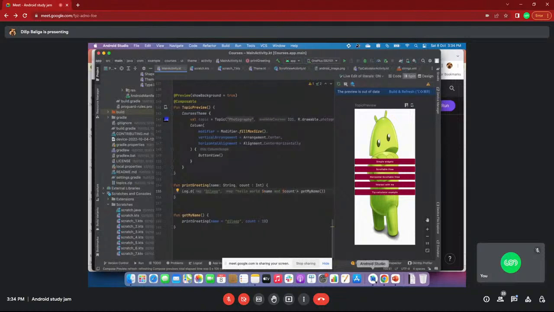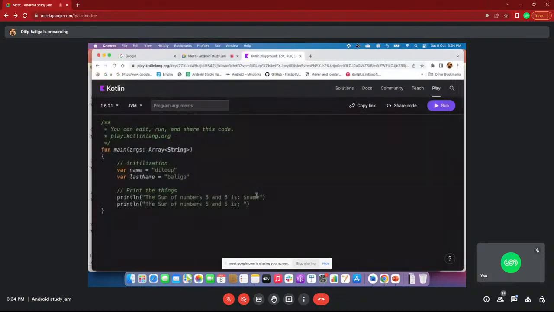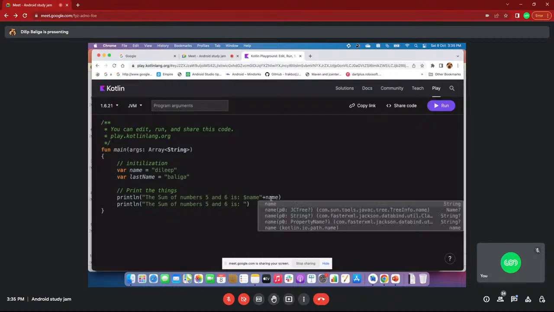Next, I'll show concatenation of strings. Concatenation of the string means, see, name and last name I have written. How are you concatenating? I think someone knows in Java and all, what we are doing is we use the plus symbol, name plus like this in Java.